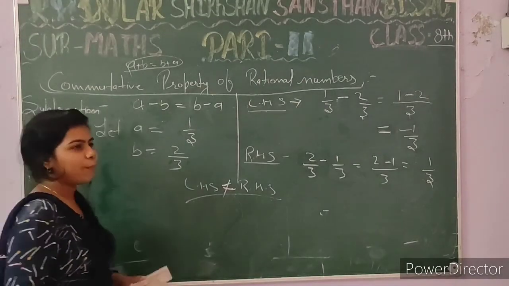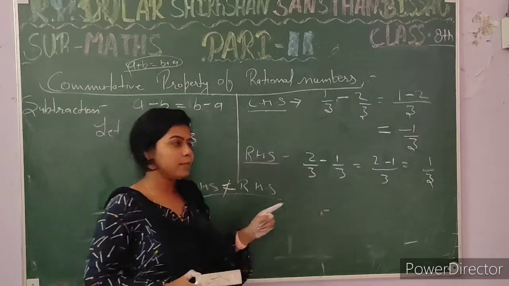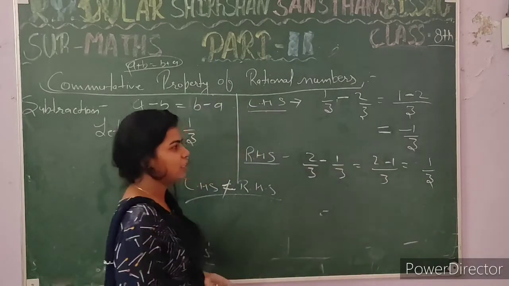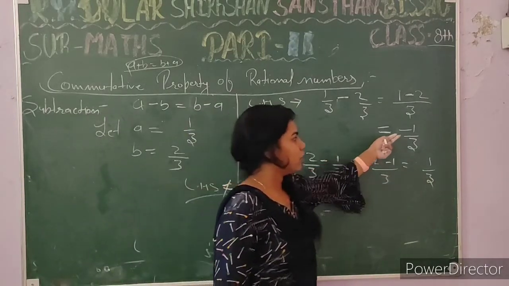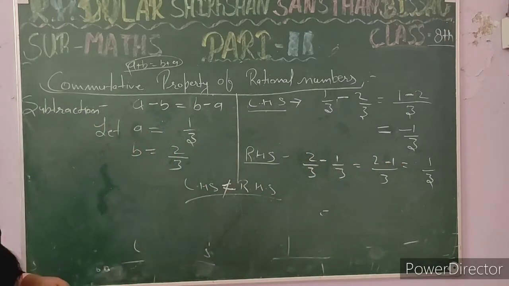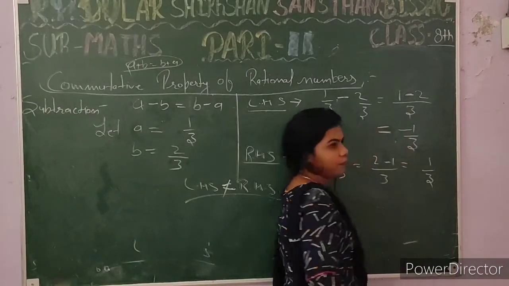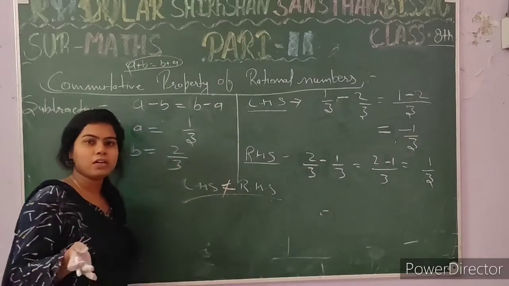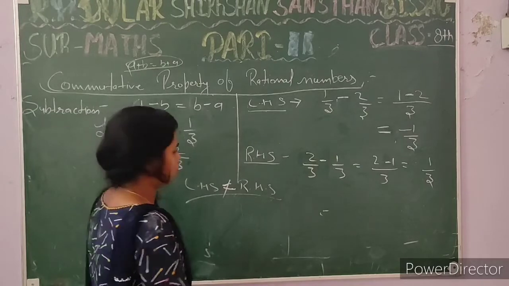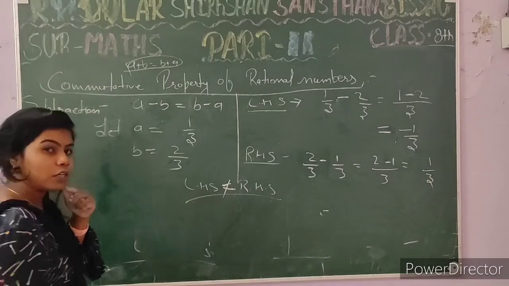Students, always remember, minus and plus will not be a minor mistake. Not a minor mistake. You may say it is only a minus problem. Some students tell me, ma'am, I only didn't write the sign of minus, so you have marked my whole question wrong. But students, always remember this is not a minor mistake. Minus changes the proper answer, so always be careful on this type of question. So the commutative property for rational numbers is not satisfied for subtraction.